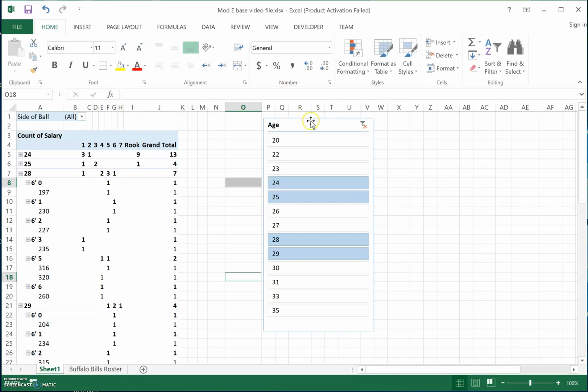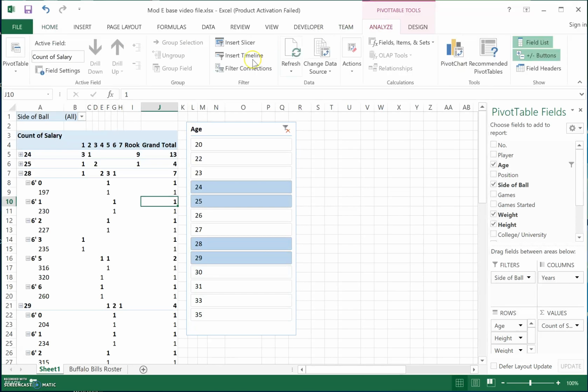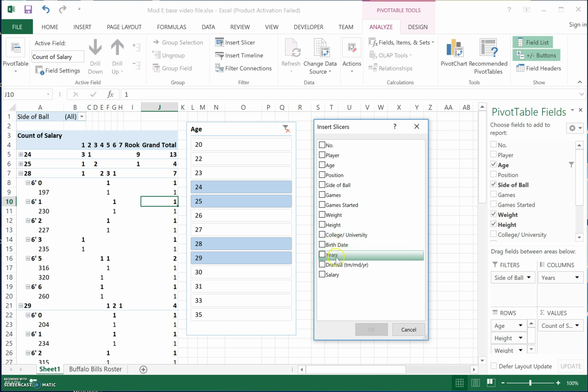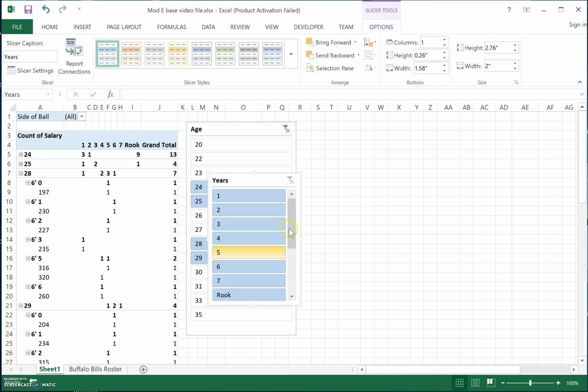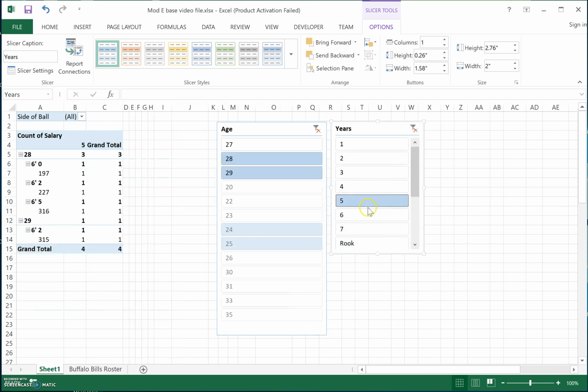Okay? You could add many slicers if you choose. So inside here, Analyze tab, Insert Slicer. We have age. I can also do years for years experience. And again, based on this, I have 24, 25, 28, 29 for all years experience. If I want only, say, 5 years experience, those 24 and 25-year-olds, they don't even count. So you can see that they're kind of muffled out a little bit, they're no longer there. But 5 years experience, 28